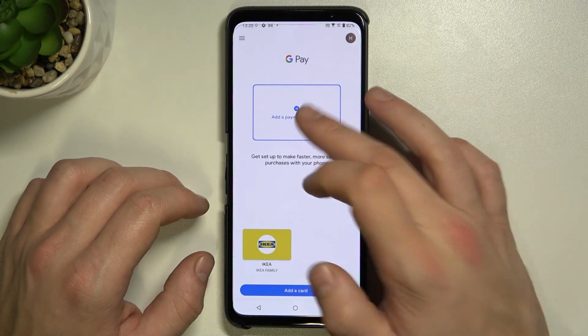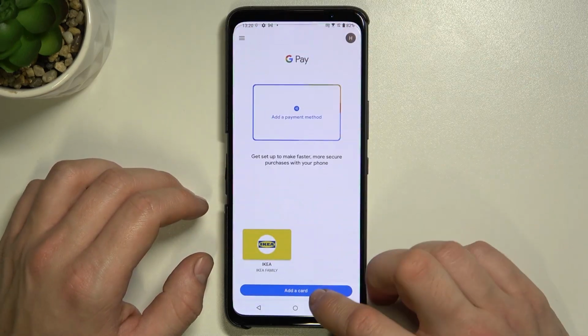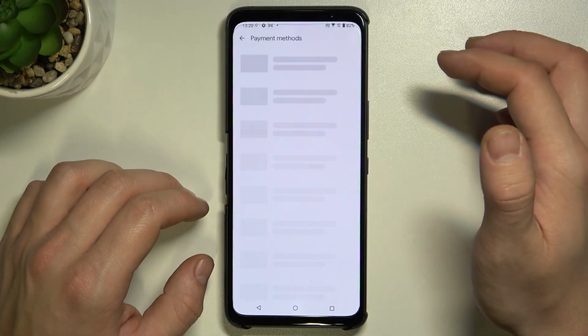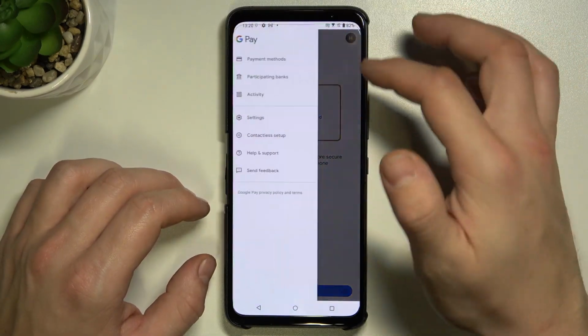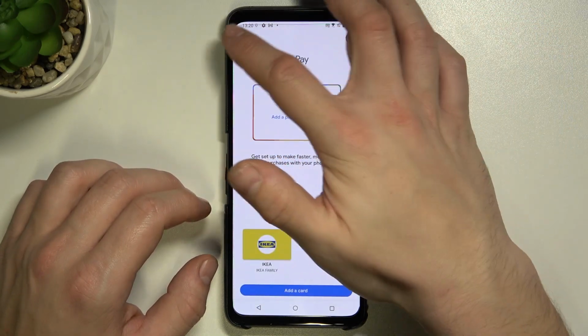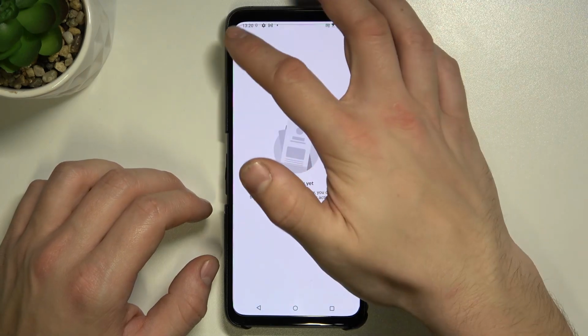From here you can add payment method or different types of cards. If you tap right here, you've got access to all your payment methods, participating banks, activity,